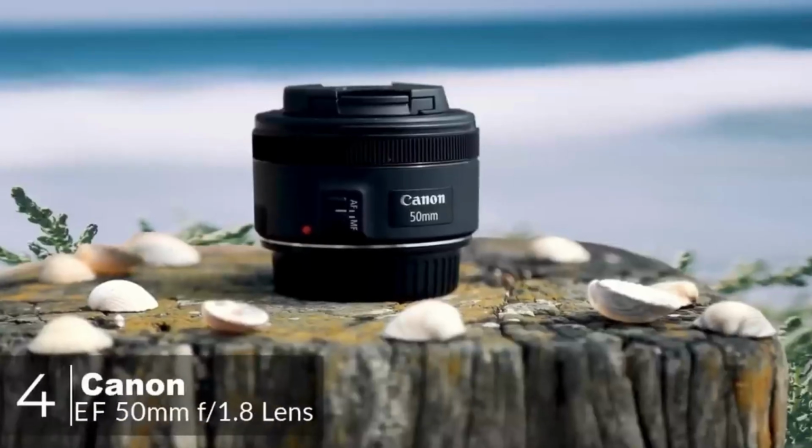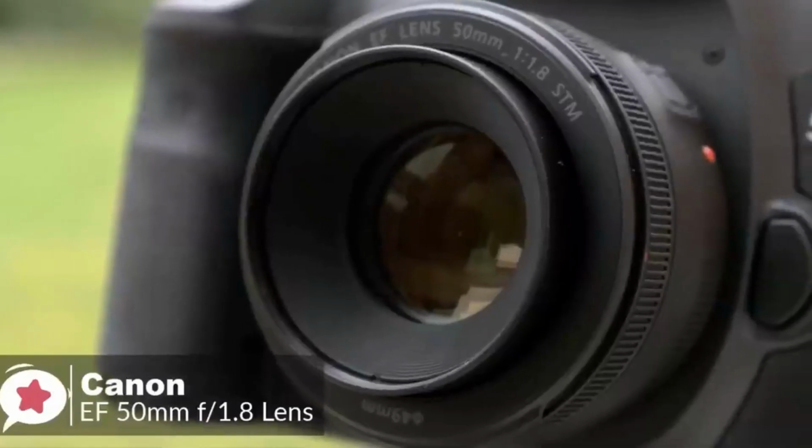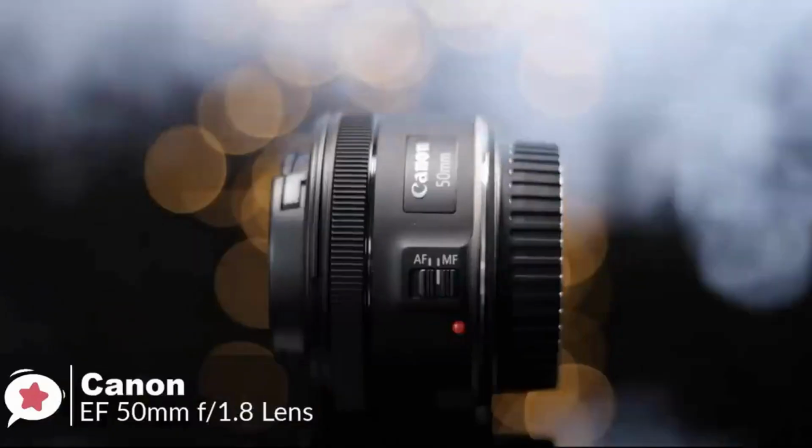At number 4 is the Canon EF 50mm f1.8 STM. Every photographer needs a 50mm in their setup. Your life will never be complete until you do have one nestling in your bag. It's the best focal length to learn and hone your skills with, and could be the only lens you will